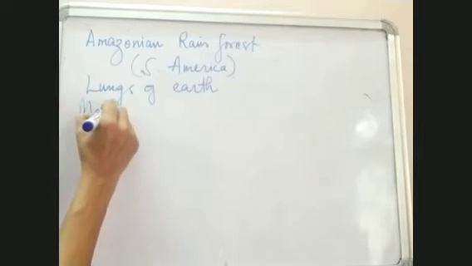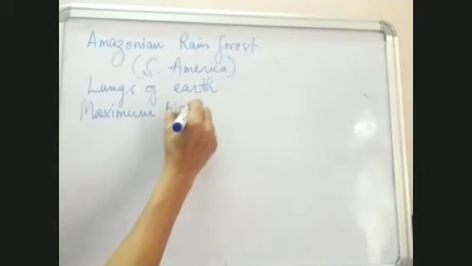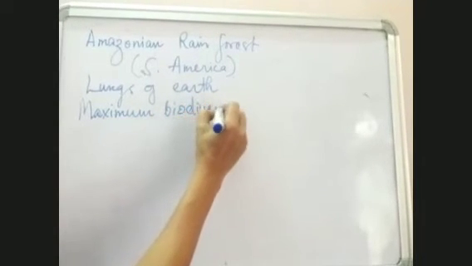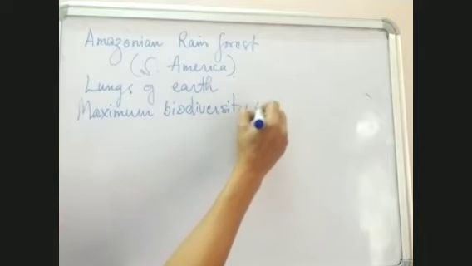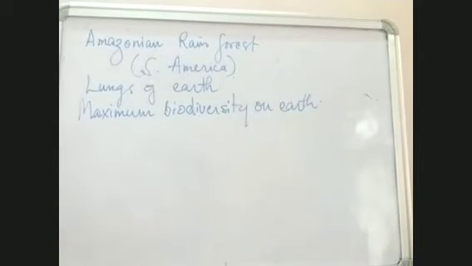Maximum biodiversity on earth is seen at the Amazonian rainforest. Now, if you see what it keeps in it, what different types of organisms you can find